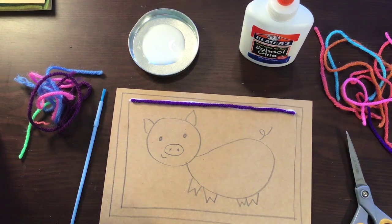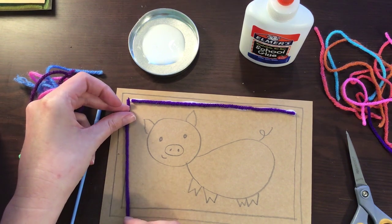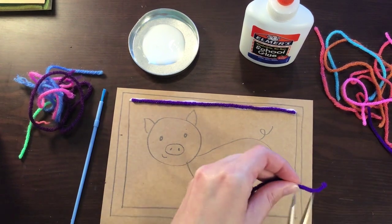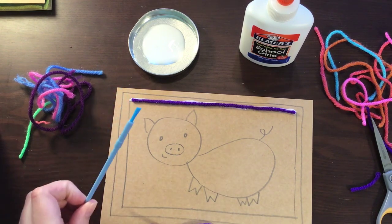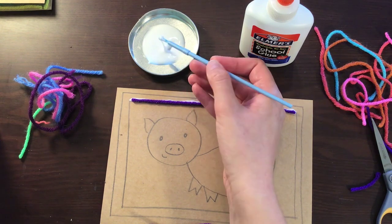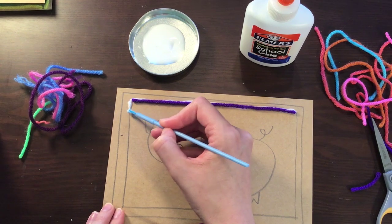So you would take your yarn and you're going to measure it first so that you get the right cut. And then you're going to apply the glue. Let me show you what you do if you're going to use a glue brush and glue that's in a pan. So I'm going to dip my glue brush into the glue,